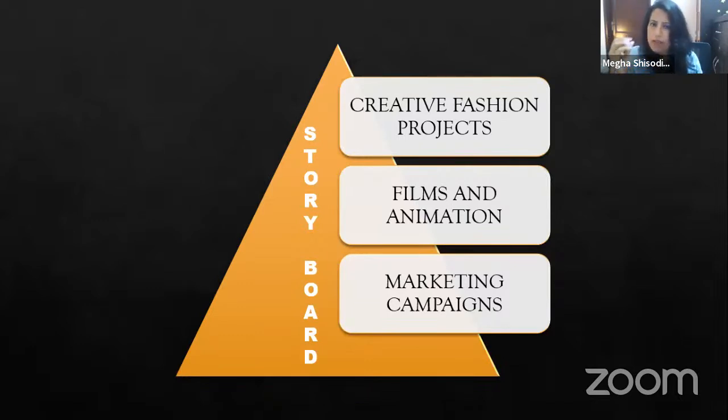So in very layman's terms, a storyboard is nothing but a visual representation of your idea, which narrates your story visually. You can use mannequins, fashion figures, accessories, fabrics, pictures, anything.